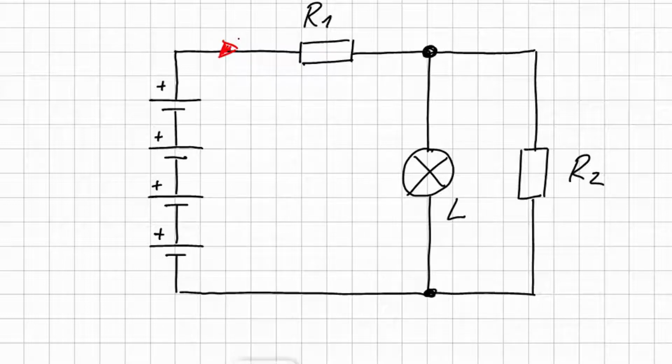According to the system's voltage source, the current flows out of the batteries and to the active 2-poles. Simultaneously, there is a current I1 at the 2-pole, R1. At the node, the current is divided into a current IL through the lamp and a current I2 through the 2-pole, R2. If you have set the current direction in this way, then we can mark the voltage reference arrows